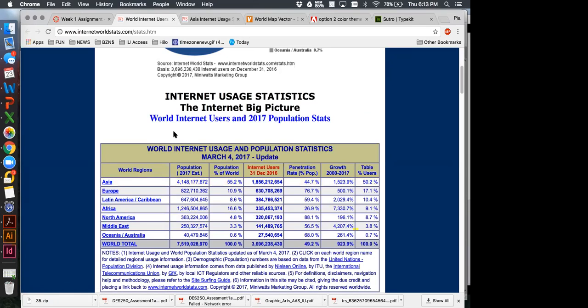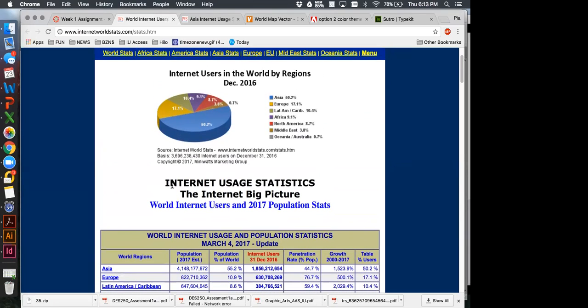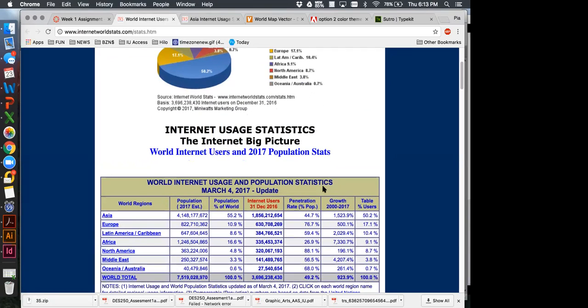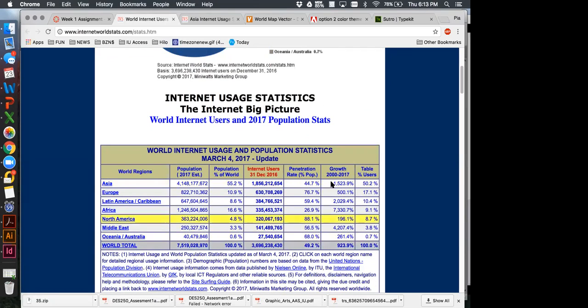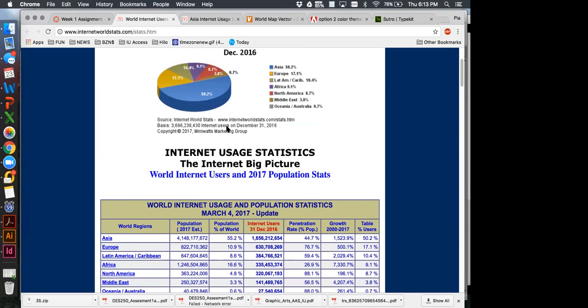So I decided to focus on the growth, but the information that you have is internet usage statistics. If you don't really want to talk about the growth, if you just want to show, again, where most of the internet users are, that they're in Asia, you can focus on that, but you